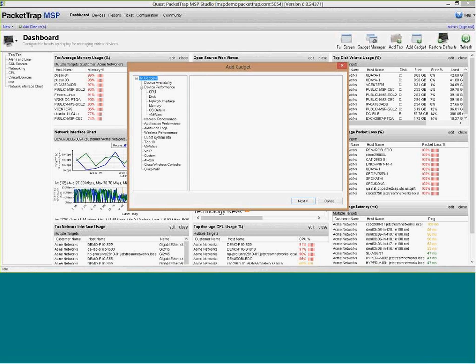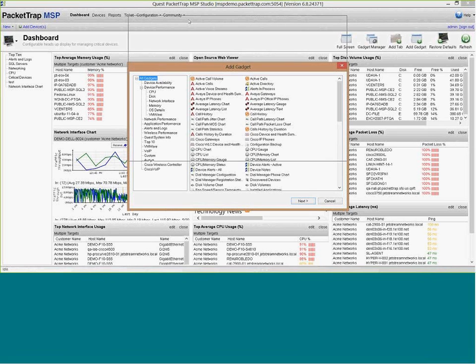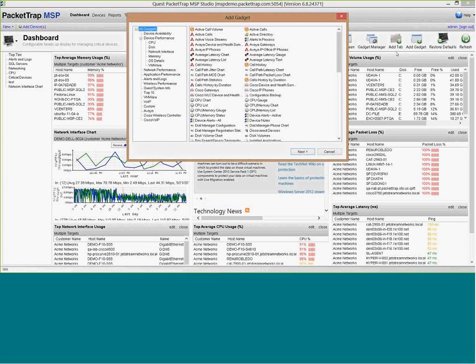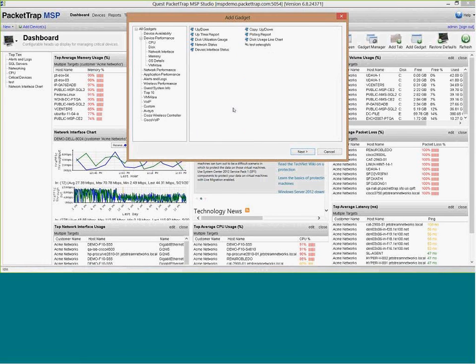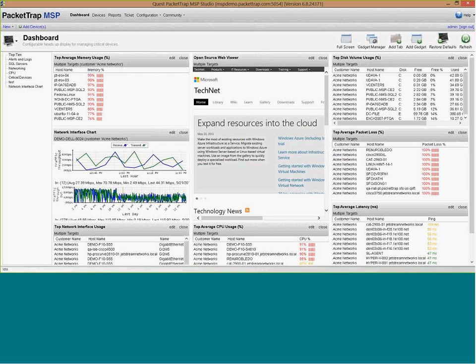So we have built-in gadgets. Each one of these little squares, top disk, open source, interface chart, this is what we call a gadget. You can add a gadget on the right-hand side. These are all the pre-canned gadgets, as well as a few custom gadgets that I've created. If there's a gadget out there, there's a wizard that walks you through it, the gadget manager, pretty simple,